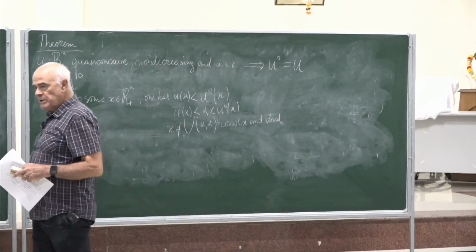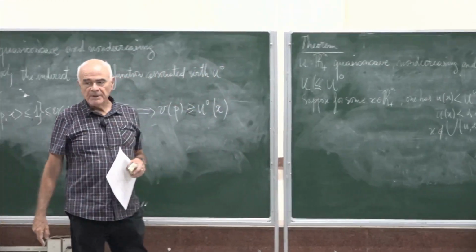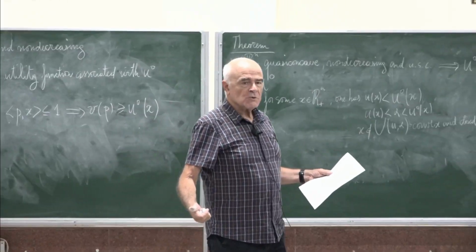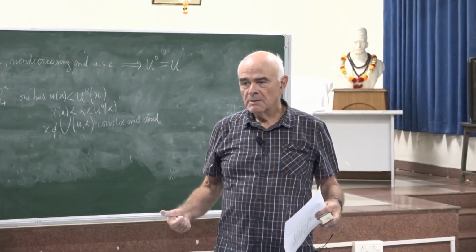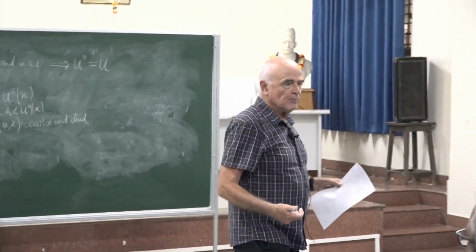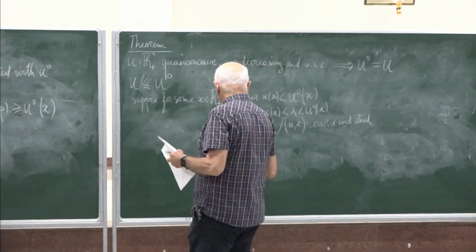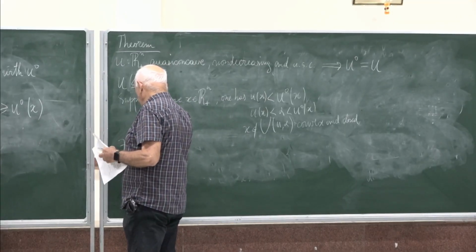Because our function is quasi-concave and upper semi-continuous. Then you are already used to this technique. Whenever you have a point not belonging to a closed convex set, you apply separation. Okay, so there exists a vector which I'm going to call P naught